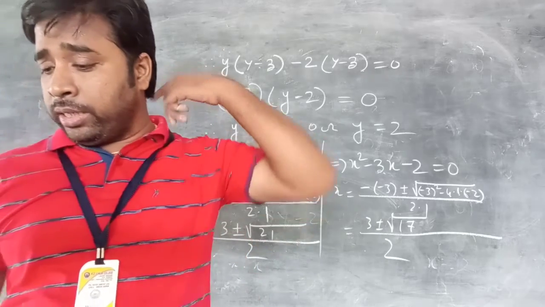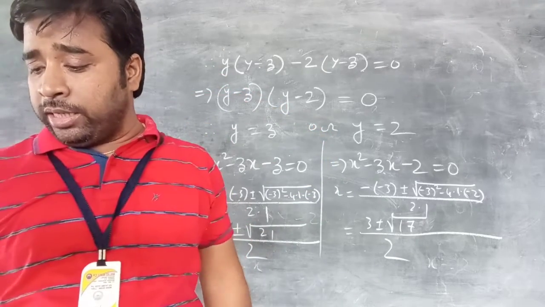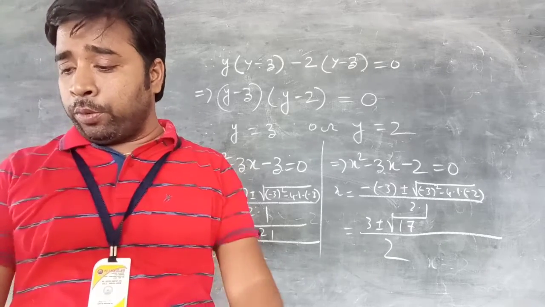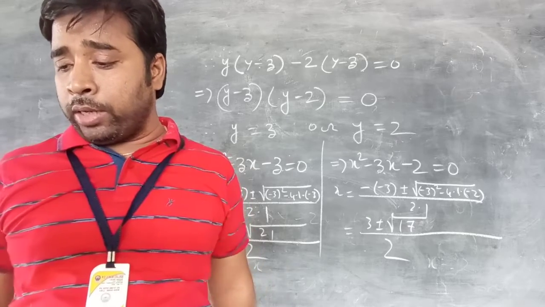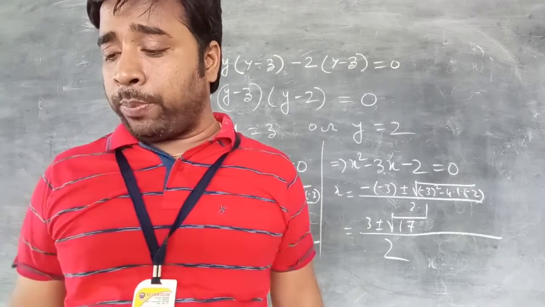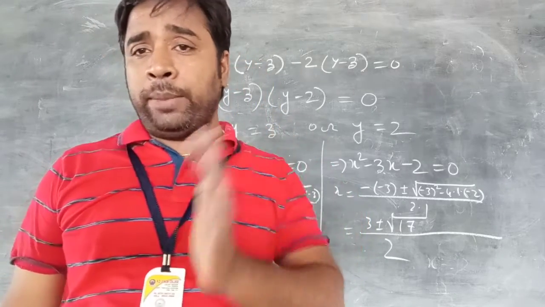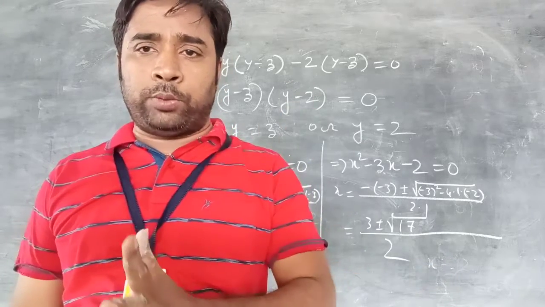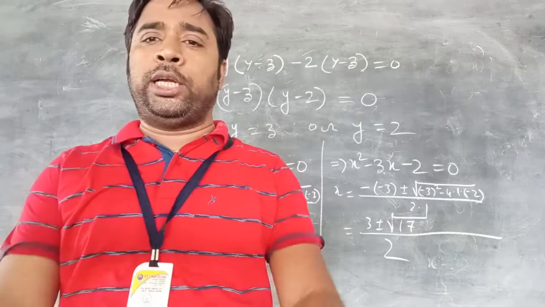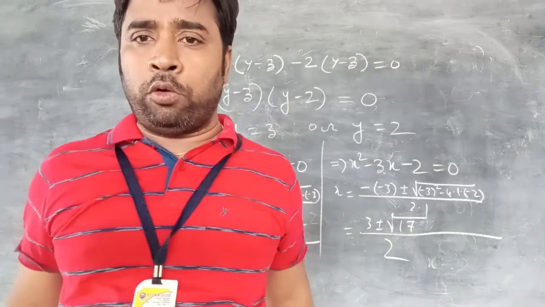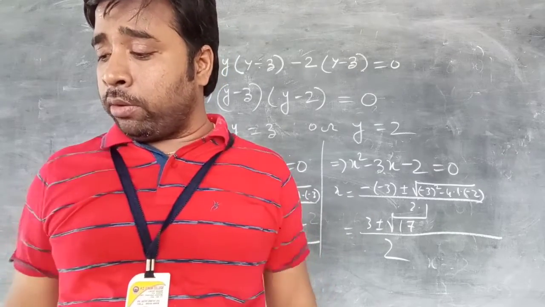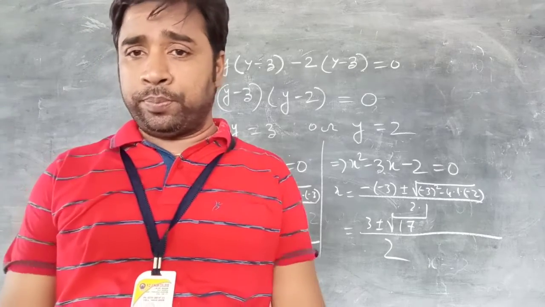So see, next question is what? Now we have done question number 3, and questions number 3 and 4 are again the same. Here again you have to consider the common part as a. Here you can consider the common part as x square plus twice x, or you can consider the common part x square plus twice x minus 1 also, because 3 can be written as minus 2 minus 1. After that you can consider x square plus twice x minus 1 equal to a, or you can consider it to be y also. So question number 4 is also your homework. You must do the homework. Clear? Because the pattern of the sum is the same.